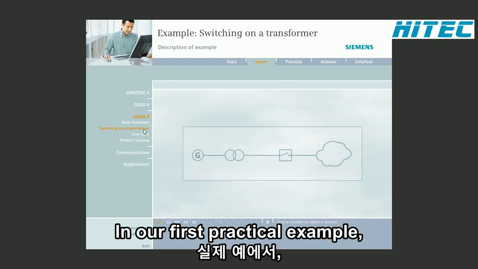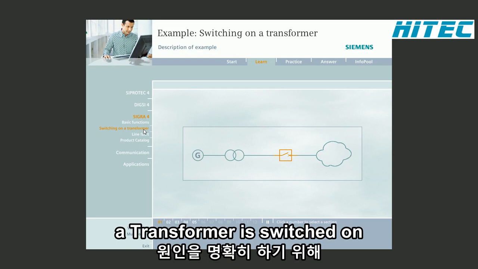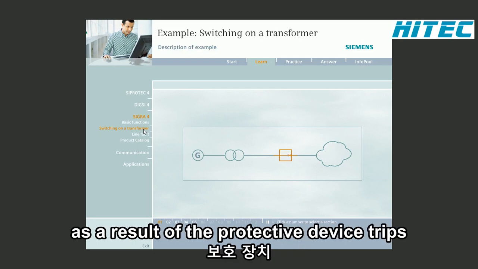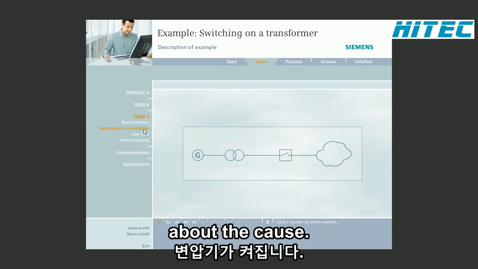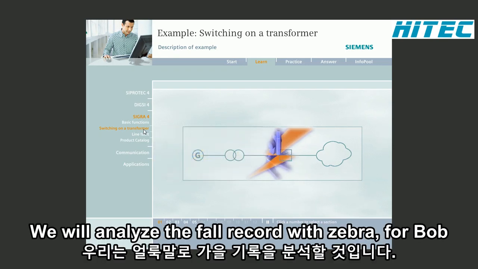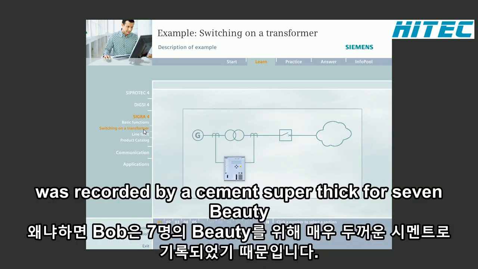In our first practical example, a transformer is switched on. As a result, the protective device trips. In order to attain clarity about the cause, we will analyze the fault record with SIGRA-4. The fault was recorded by a Siemens